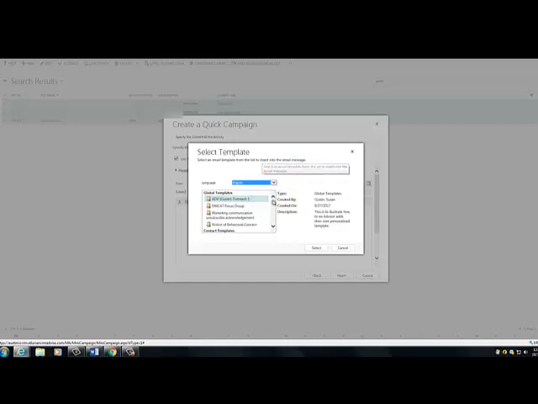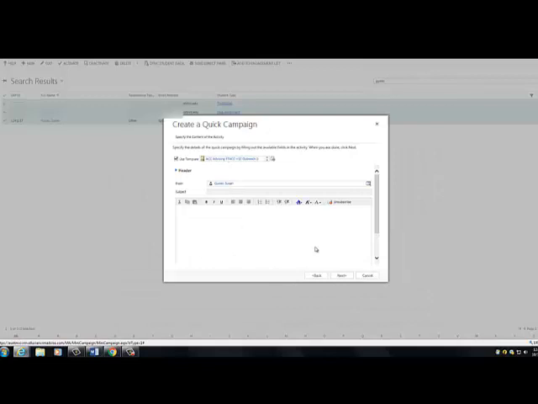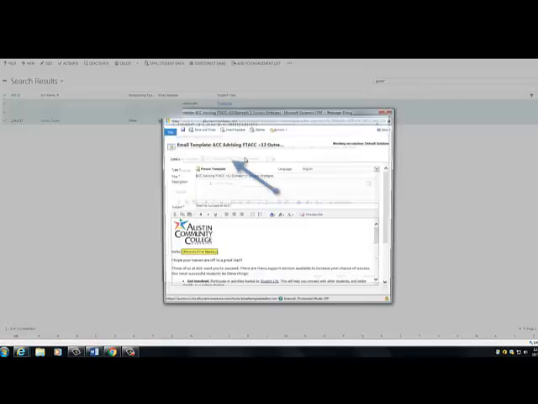I'm going to select ACC Advising, FTACC, Outreach to Success Strategies and hit Select. If you want to view the text of the template, click on the name of the template,